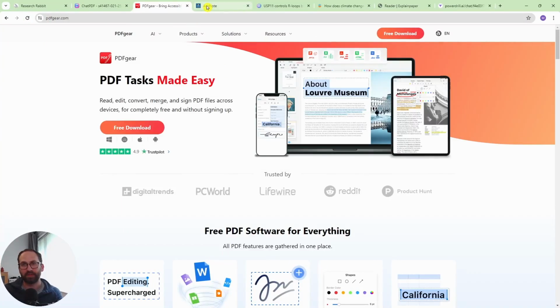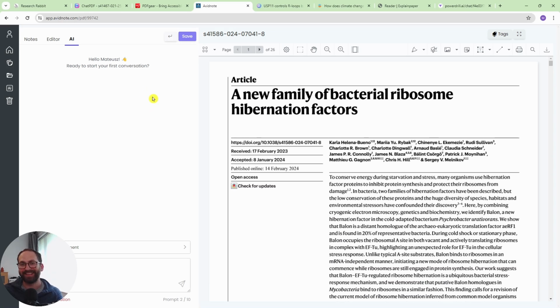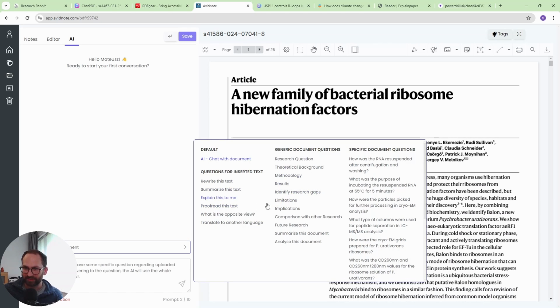Another really useful tool, if you're just working with one paper, is Kahubi Avidnote. Okay, now Kahubi Avidnote will allow you to ask your own question here if you want to do that, but also it gives you suggested questions. So you have questions for inserted text, generic document questions, so research question, limitations, implications, results, lots of stuff, but also specific document questions. So how was the RNA resuspended? There are lots of really good questions here, and it is definitely worth checking Kahubi Avidnote,